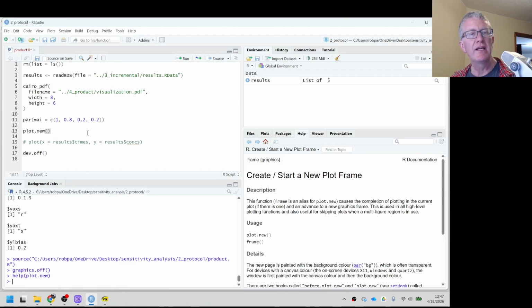Now, what starting a new plot means depends on which device you're using. In the case of a PDF file, when you call plot.new, you're saying, I want to create a new plot, and what that does is it creates a new page in the PDF and gets you ready to start putting a plot on that page. So it creates a blank page. So we have plot.new to create our new page, and